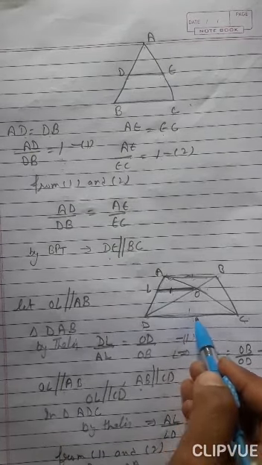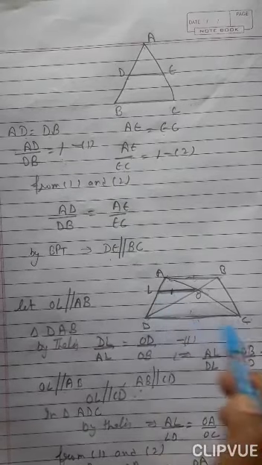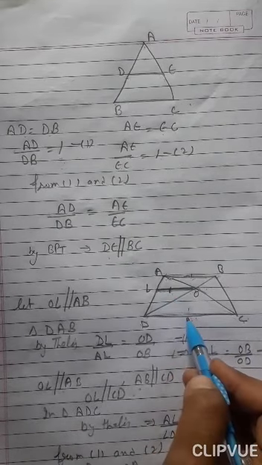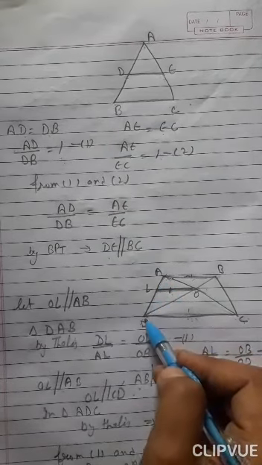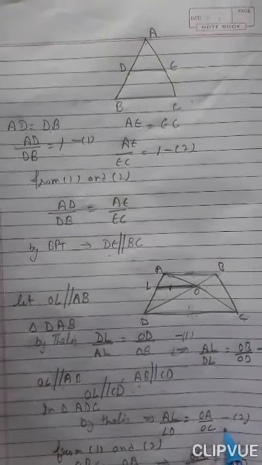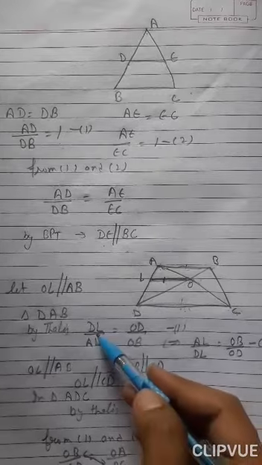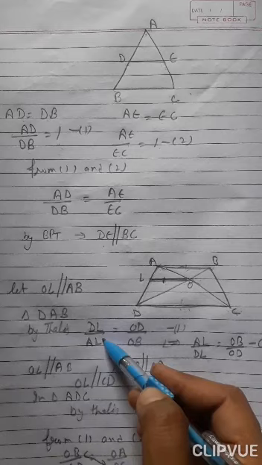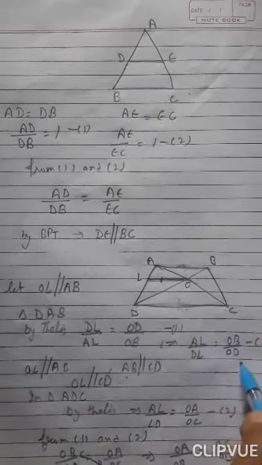Okay. So this one now lies in triangle ADC. In ADC, OL is parallel to DC. Now by Thales theorem again, we can write AL over LD equals AO over OC. This one. Okay. Now we are going to compare, but when we compare, these sides are equal, but it's a reciprocal of this one. So we are going to take the reciprocal of this term. So it becomes AL over DL is equal to OB over OC.